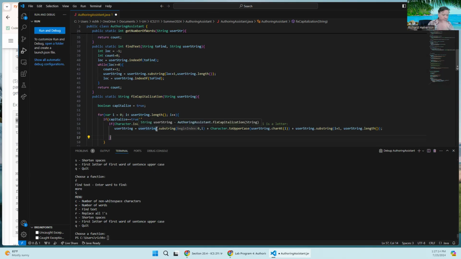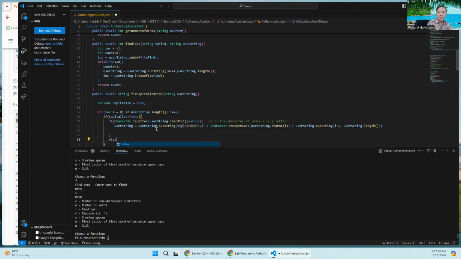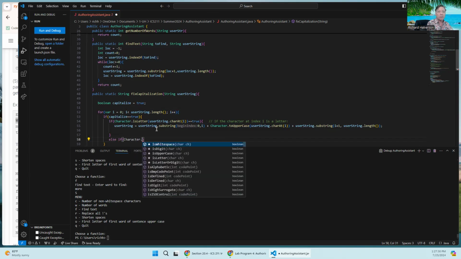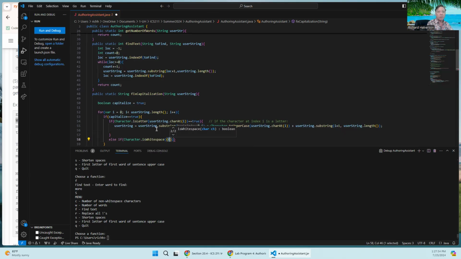If it's not a letter, else, if it's not a letter, if it is not white space, if character dot is white space of user string dot character at i, if that is false, okay, so if the character